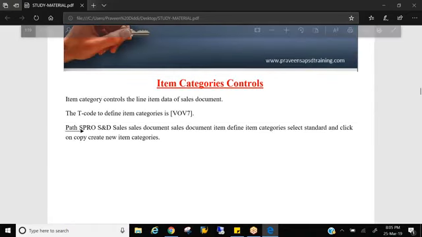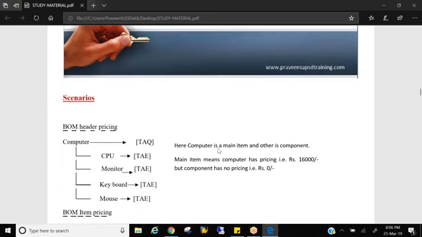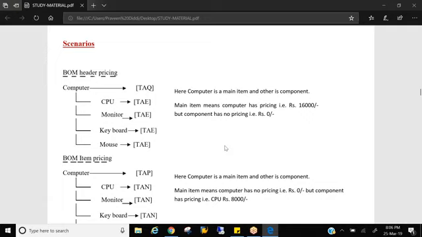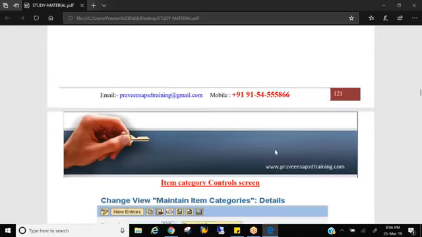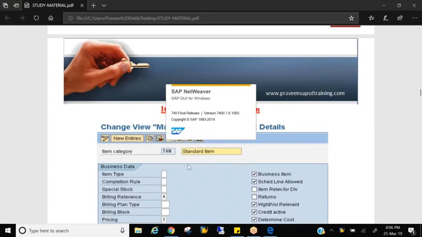How an item category comes into the sales document, we'll discuss in the next session. There are a couple of parameters, right? So where is the control of these item categories? Transaction VOV7. Let's go to transaction VOV7. As I already told you, there is item category determination, how these item categories come into the sales document based upon 4 parameters. That we'll see in the next session. Today let's discuss the controls in VOV7, how it's being controlled.